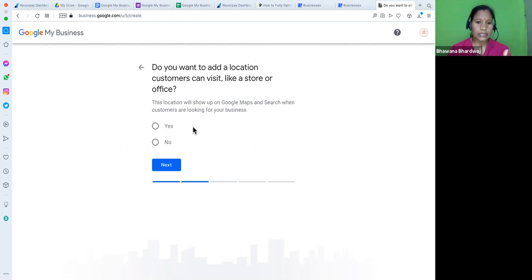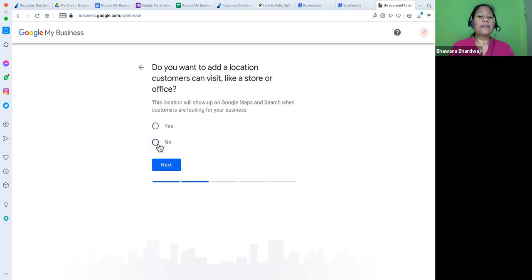So now this is one of the options Google gives you, whether you want your business listing to appear on Google or not. I mean to say whether you want your address to publicly appear or not. You will have an address. In case of Meenal, she doesn't want that address to appear in the Google My Business. In case of Chaya, she may not want her business address to appear on the Google My Business. But at the same time, Sekhar has training centers. He wants that someone can click on get directions and reach that location. So Sekhar will say, okay, I want to show my location publicly. Meenal and Chaya can say, no, I don't.